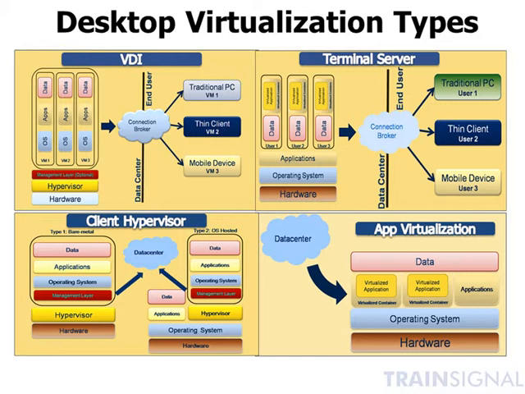Now, if you're interested in learning more about the differences, I invite you to look at the TrainSignal Citrix XenDesktop video that we have. It goes into more detail on the pros and cons of terminal server and VDI and so on. In the lower right-hand corner here, you'll see application virtualization. I'm going to talk about that in a second on its own slide, but that's another way of dealing with desktop virtualization, by virtualizing the applications, abstracting the application layer from the OS layer, and just making the application work on top of the operating system without actually having to install it on the operating system.